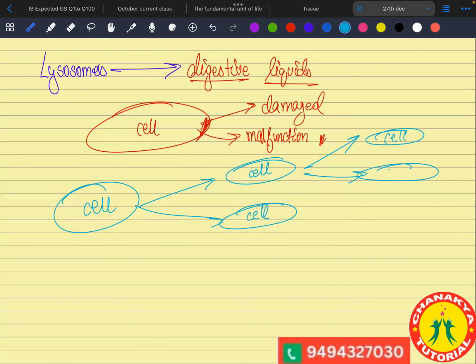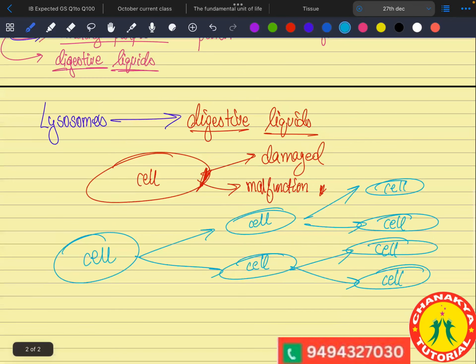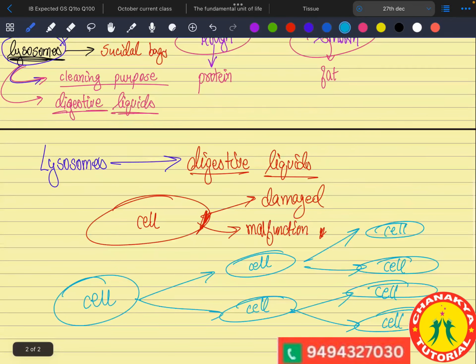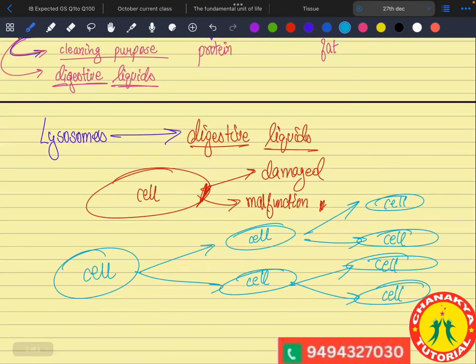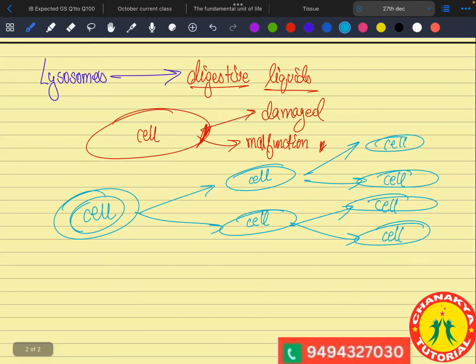Sir, and due to this process, there is genetic mutation that leads to DNA. Correct? Okay, can you tell me where this DNA is coming from? Nucleus, nucleolus. Yes, it depends on the type. If it is prokaryotic, then it contains a nucleoid. If it is eukaryotic, it is the nucleus. The cell has a nucleus, which contains DNA.